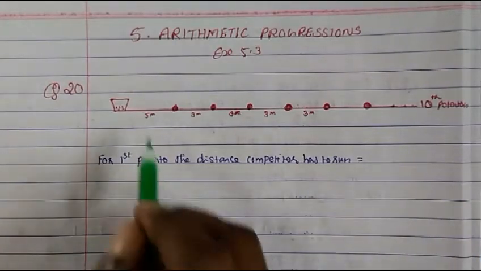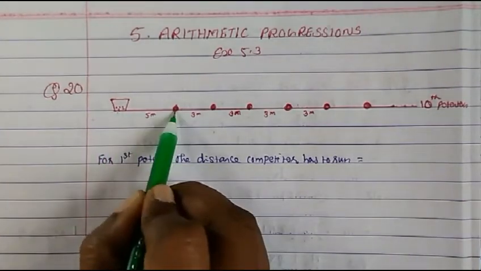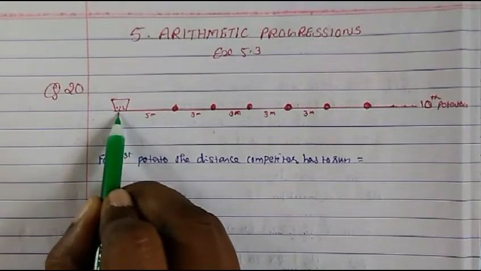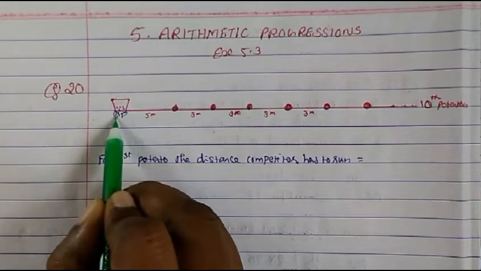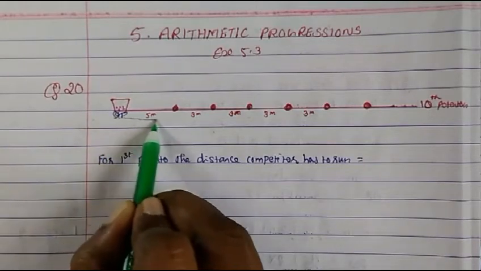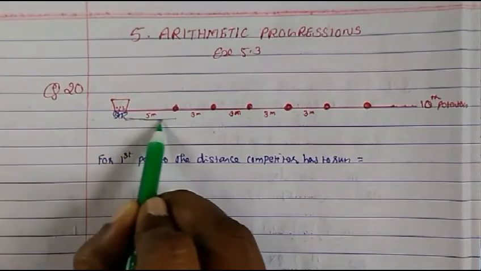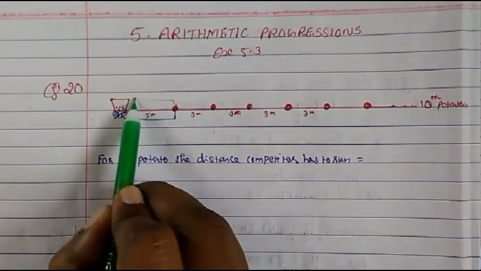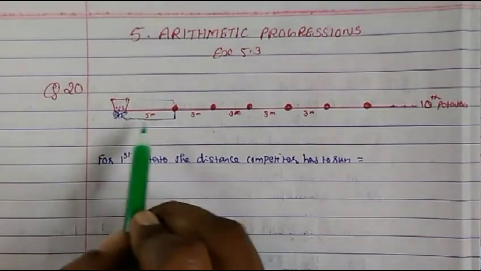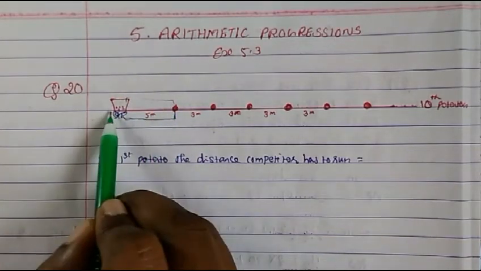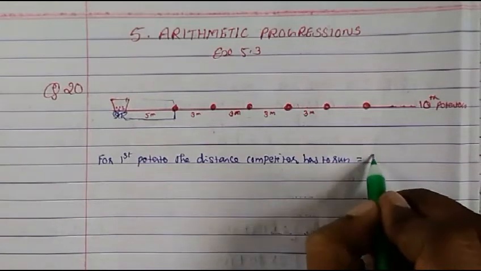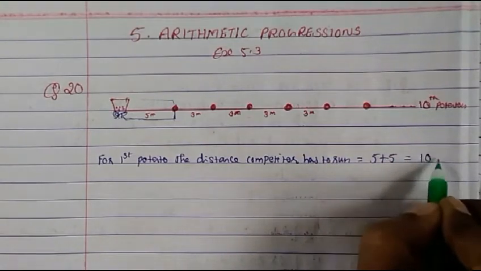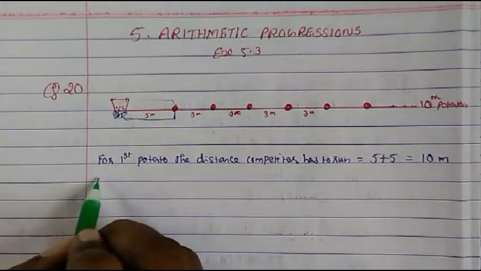Let's see here. The bucket is here. The first potato is here. How many meter far away? 5 meter. So the starting point is here. She has to run 5 meter, pick up the potato. Again 5 meter she has to run back to put it in the bucket. So first 5 meter, then again back 5 meter. So that means 5 plus 5, 2 times. So total 10 meter.